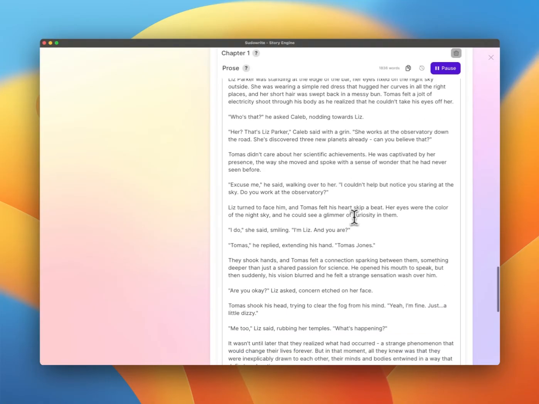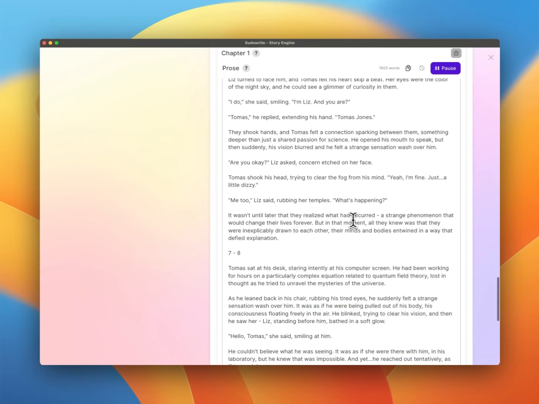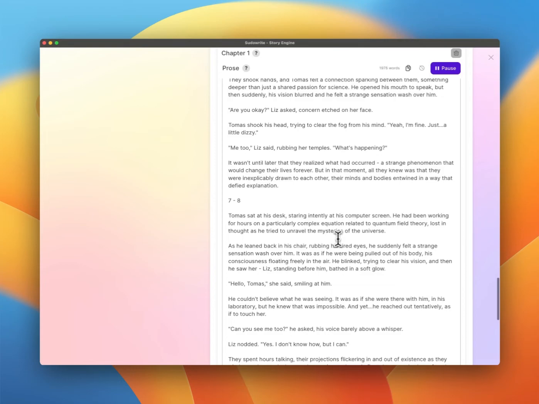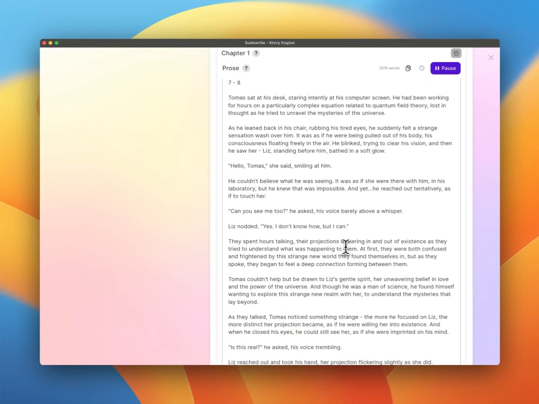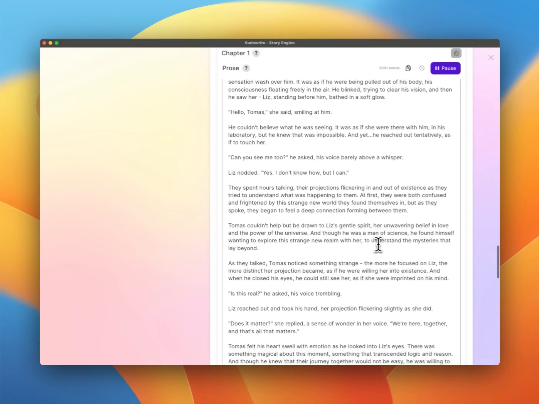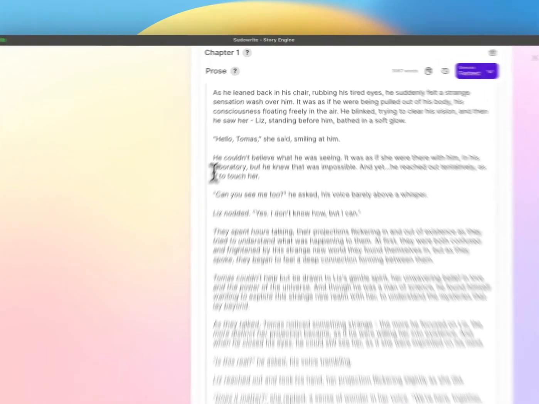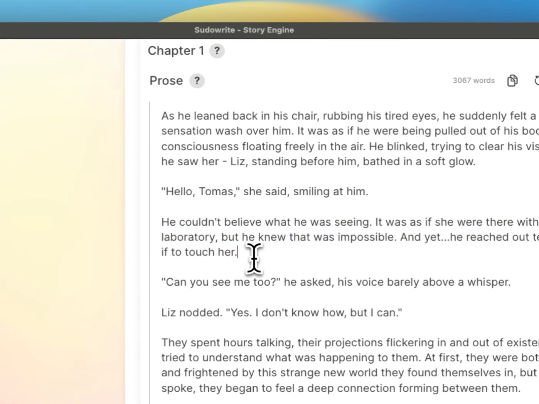You can see the AI is continuing to write. And each scene, each chapter, will be about 3,000 to 4,000 words or so. As these language models have gotten better, their ability to remain coherent while writing large segments of text is vastly improved. And we can see